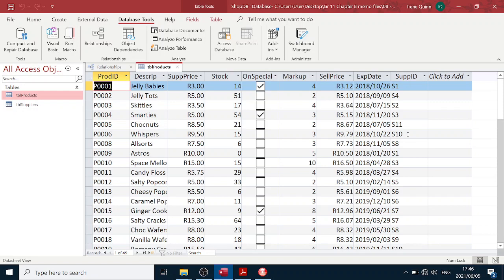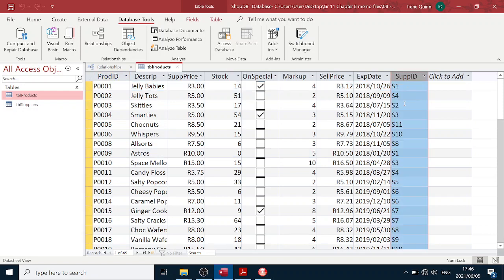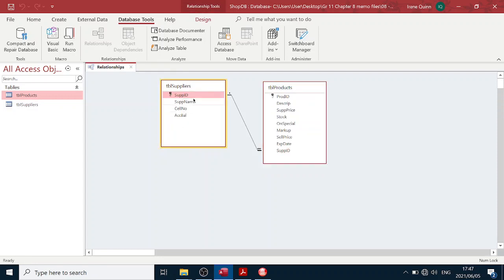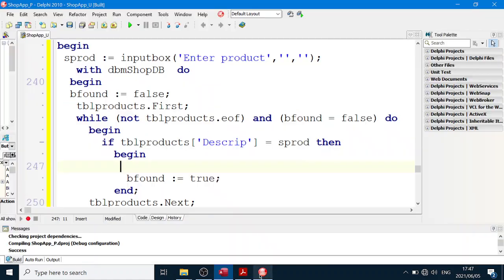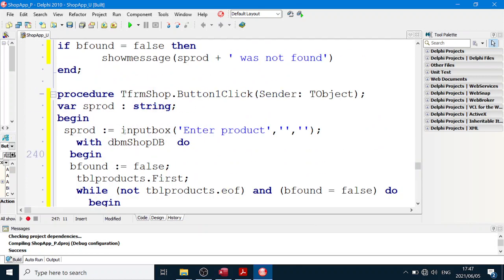Where is it? Sup ID. Yes, it's a string. Can you see there's sup ID? It's a string. And the same field will exist in TBL suppliers. And we want to get the supplier name for a particular product. So we're then going to have a string called